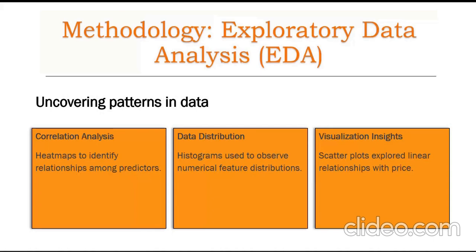Moving on to the methodology, starting with data pre-processing, which is a vital step in data analysis. Missing values were imputed with statistical measures like the mean to avoid losing information. Numerical features such as area were standardized using z-score for uniformity, and categorical variables like number of stories were converted into numerical levels using binary encoding. Additionally, to address multicollinearity, I performed a variance inflation factor analysis, retaining the features that significantly impacted the model performance. These steps ensure the dataset is clean and ready for the regression analysis.